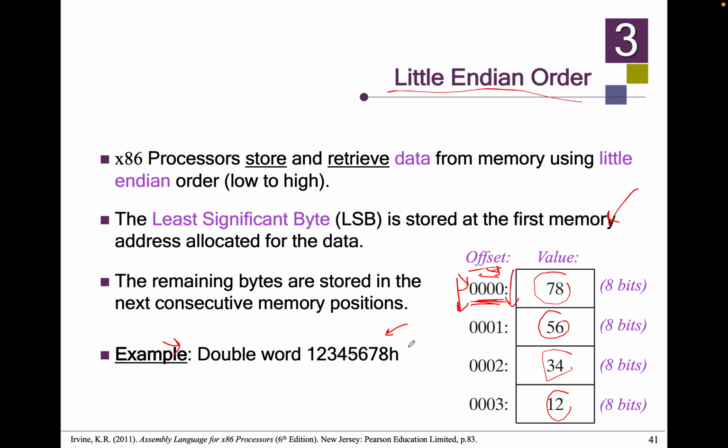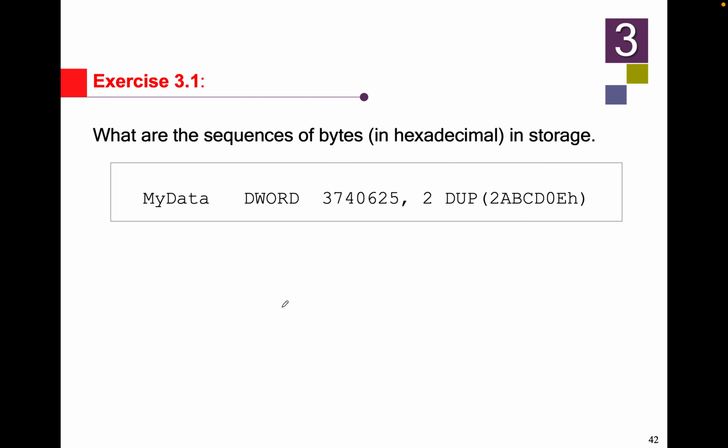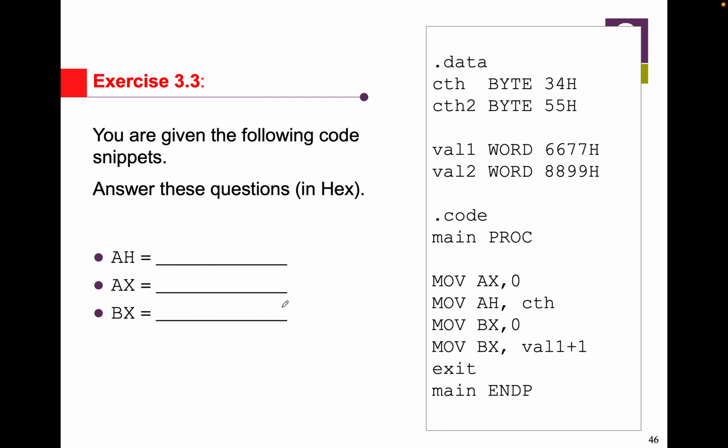And all together 8 digits. You're going to have how many? Double word, right? The word is 32 bits. Okay, next. Please try to do this, okay? If you can't know, you can try using your Visual Studio until you understand, or you can just directly ask me. Okay, given the following code,